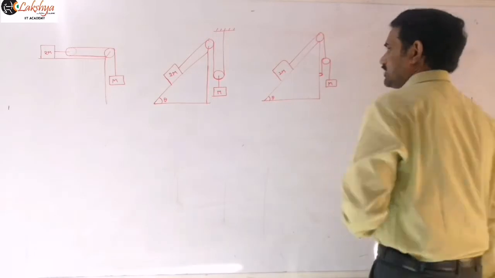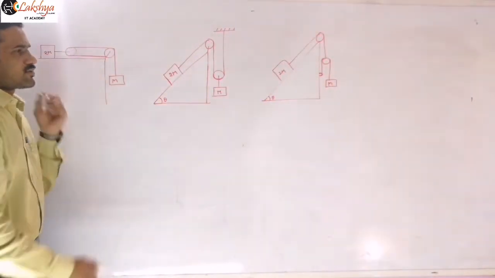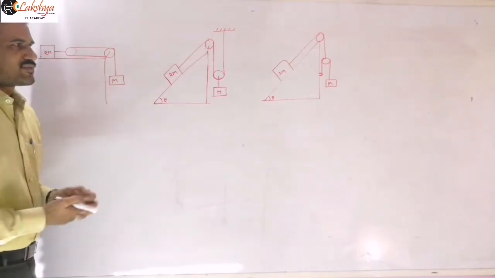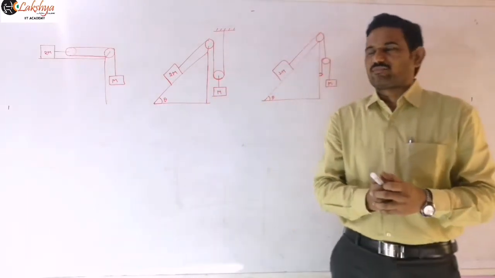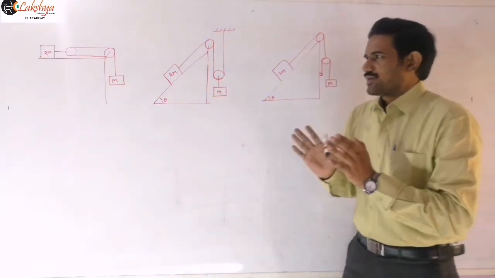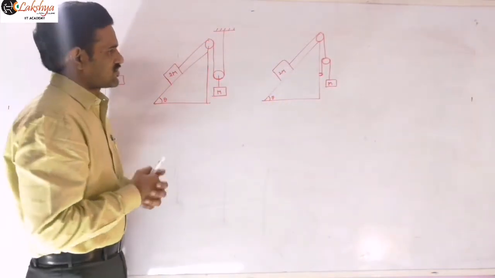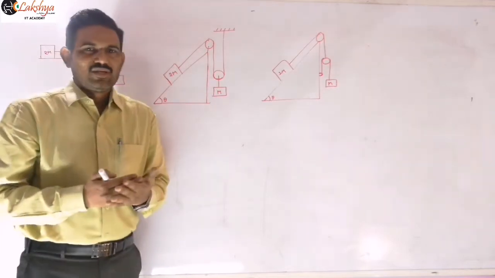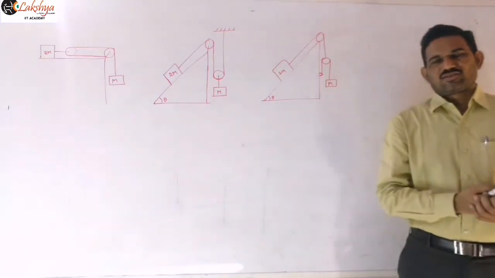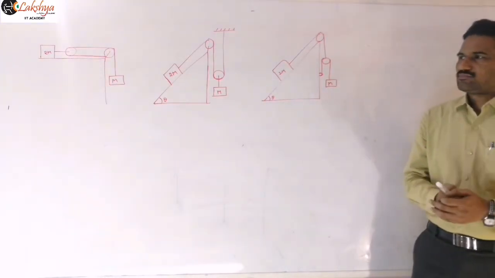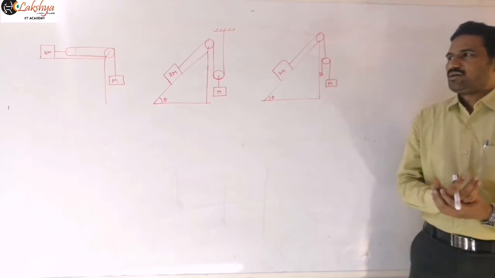And so next, let us see the problems based on this constraint. Now you need to solve these problems based on the previous constraint. If you observe, these problems are exactly similar to our previous constraint. So simply you can consider the acceleration, write the force equations and solve them. Our questions are the same: find the acceleration of each block and the tension in the string in the following systems.